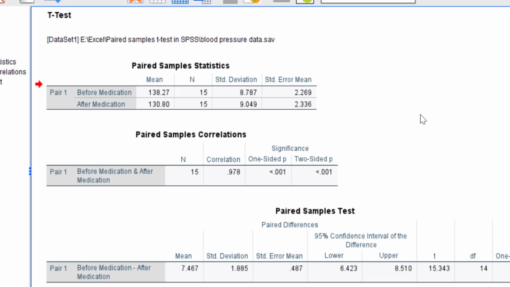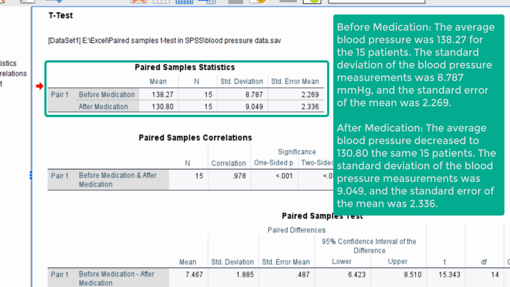You see in the paired samples statistics table, for the blood pressure before medication, the mean is 138.27 for 15 patients. The standard deviation is 8.787 and the standard error is 2.269. And after the medication, the blood pressure mean is 130.80.